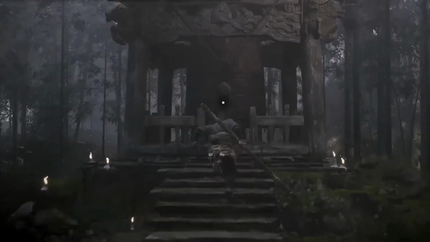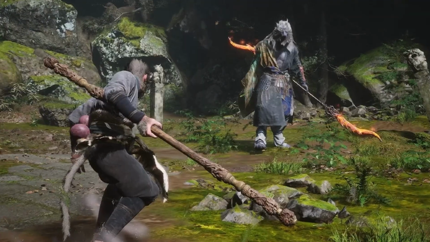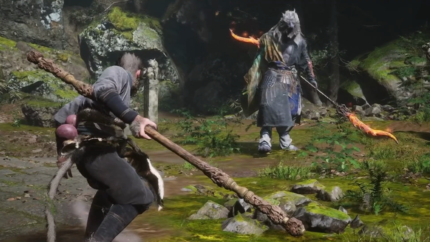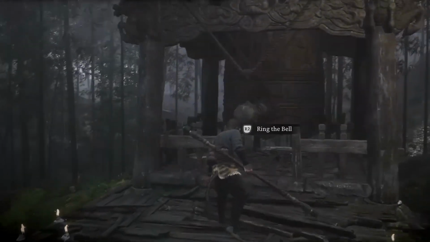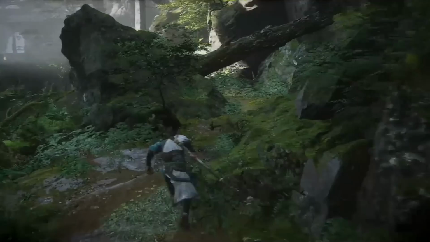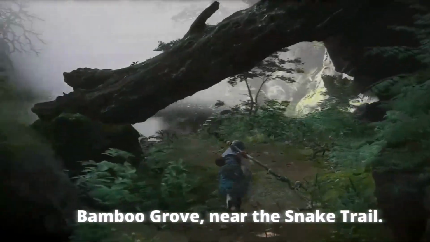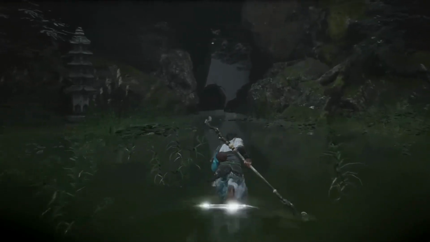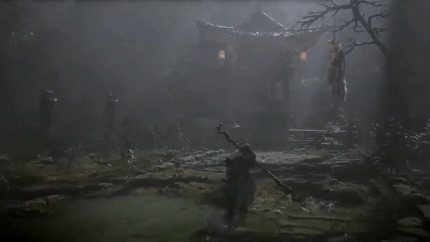The first bell is hidden right behind the arena where you'll fight the optional boss Guangji in the Forest of the Wolves. If you've already cleared this boss out, head back to his arena and look behind it to find the first bell waiting for you. The second bell is located in the Bamboo Grove near the Snake Trail. After defeating the Guangmu boss, keep moving forward along the trail, and you'll spot a small temple with a second